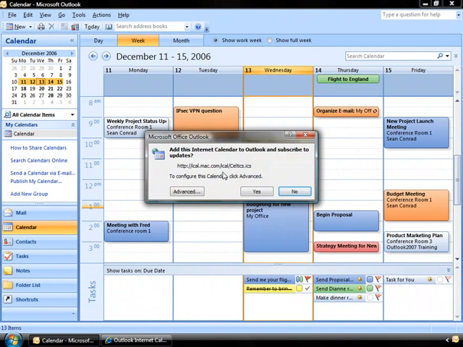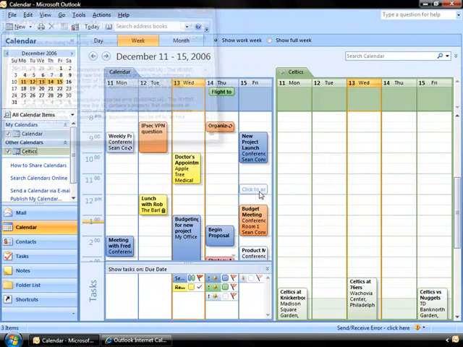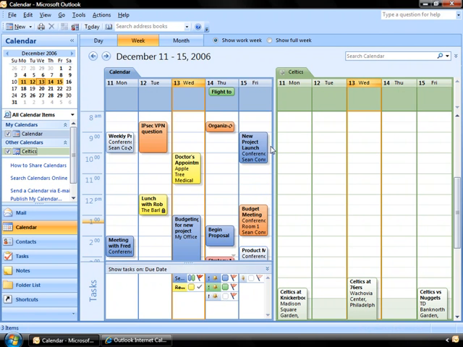Outlook's asking if I'm sure I want to add this calendar and if I'd like to subscribe to the updates. I definitely do. Updates are great because it means periodically the system is going to check and look for updates to this calendar. And if updates have been made, it'll update them in the calendar here, so I won't have to manually do that. So here I can see side by side with my calendar is the calendar for the